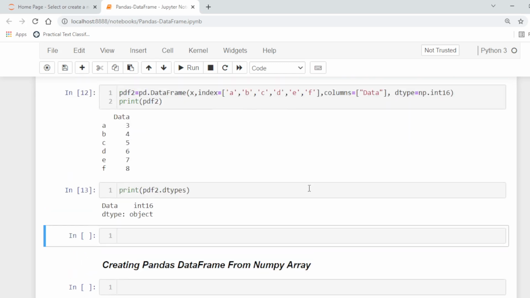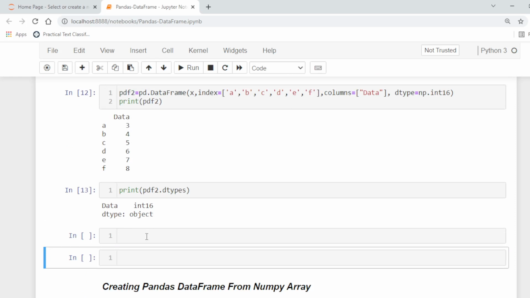So we can also create a data frame from a list of lists.